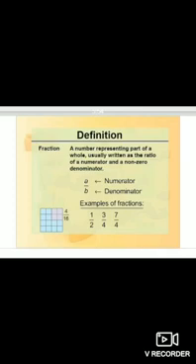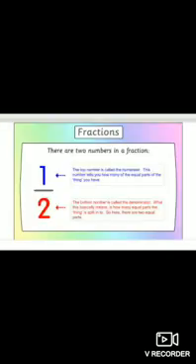Example: 1 by 2, 3 by 4, 7 by 4, and so on. A fraction has two parts. One is the numerator and the second is the denominator. The top number is called the numerator and the bottom number is called the denominator.